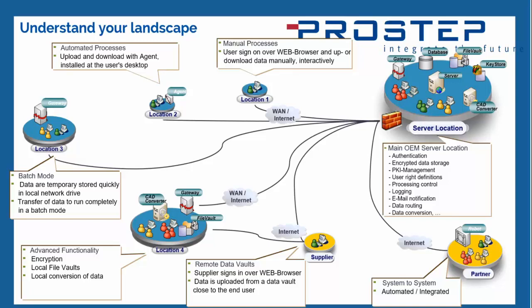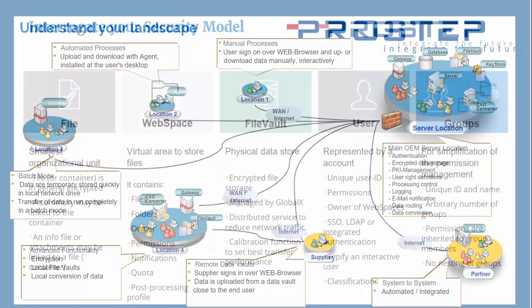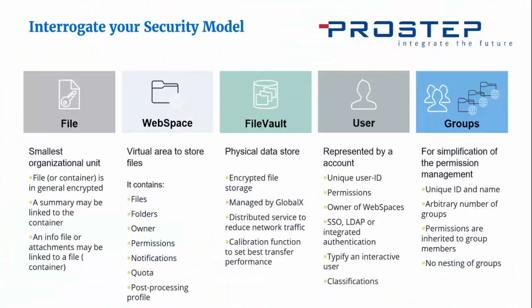It may include your suppliers outside of your enterprise, or other partners, maybe a customer of yours. So really understand what data is being moved, where that data is being moved to, and how can I secure it. By interrogating your security model, you want to really understand the different levels that could